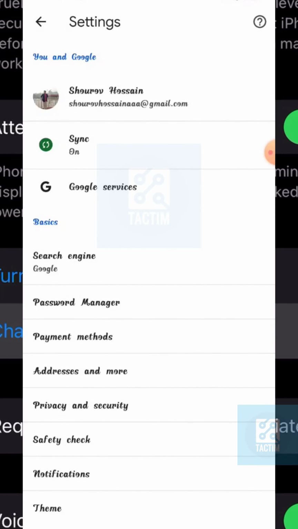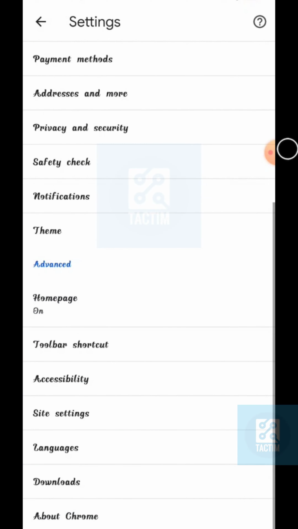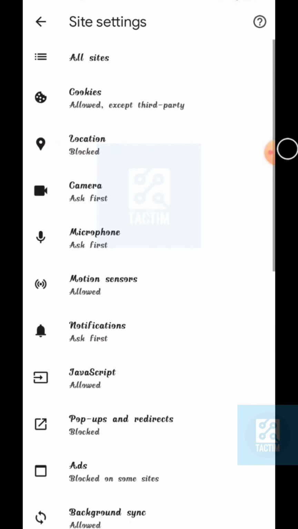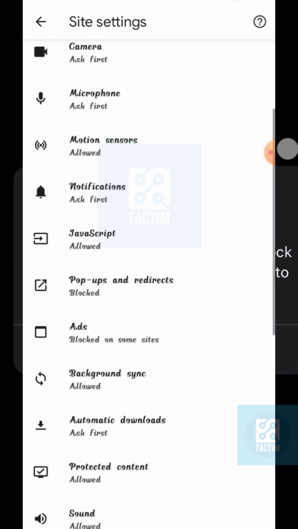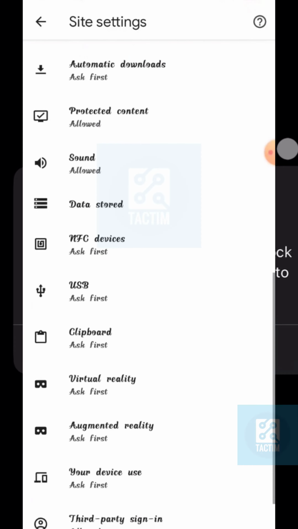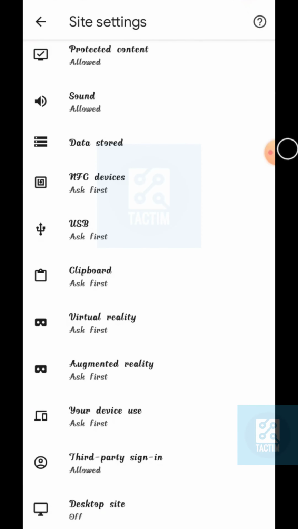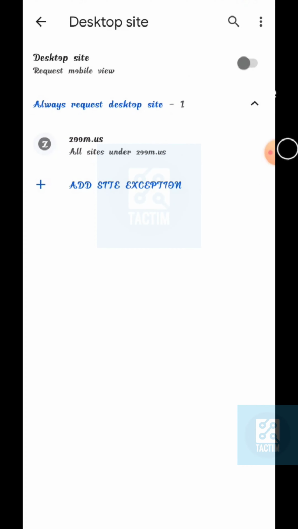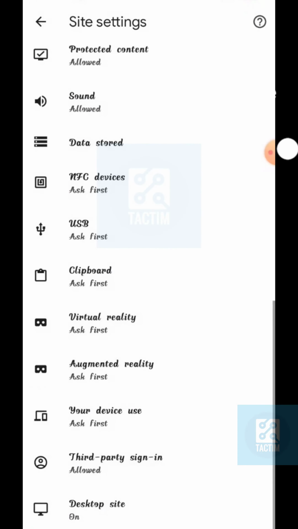Now just scroll here and click on site settings, this option. Now just scroll here again and the last option, desktop site, click on it. Click on here to make it on. Now just go back